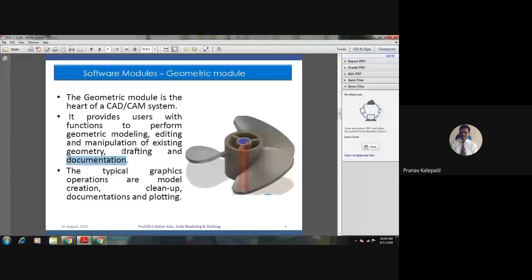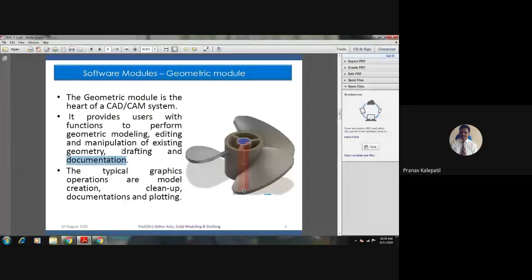Now, if it is a gearbox or any assembly, then we have to see how many nut bolts are there, which are the different parts. Suppose in this particular assembly there are 12 different parts. Number of bolts required will be this much. What will be its size? All the details would be saved in the documentation.